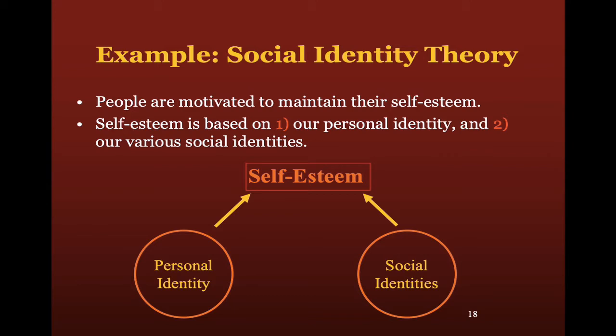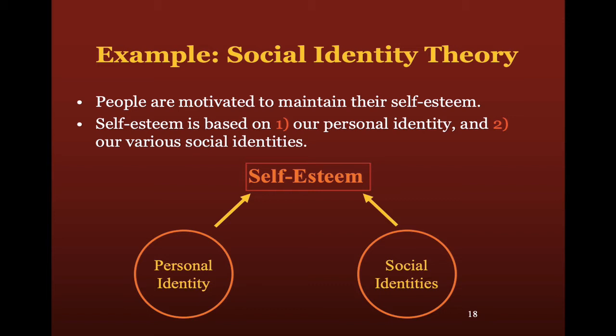So let's get an example of a theory, and this one comes from social psychology, social identity theory. It's a relatively popular theory in social psychology that was established in the 1970s. And one of the main principles of this theory is that people are motivated to maintain their self-esteem. And the theory argues that self-esteem is based upon 2 primary things: a person's personal identity and